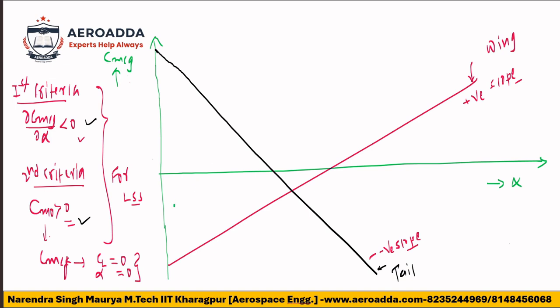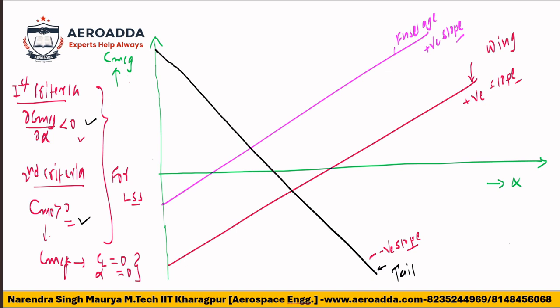Obviously, the fuselage, I have told you, even though its contribution is very small, if you check, it is destabilizing the aircraft. So this is the fuselage. Fuselage. This is also a positive slope, so it is a destabilizing component for the longitudinal static stability, but it is negligible,